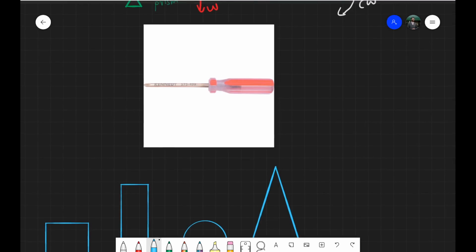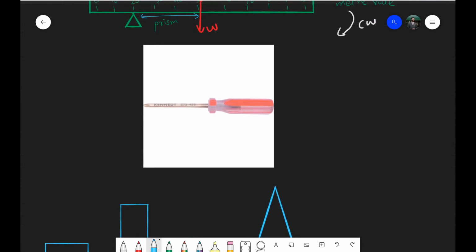Now, you might be asked to identify the center of gravity of different objects, and you would probably be given a situation like this. So let's say I have the screwdriver, and we all know that the screwdriver is not completely made out of the same material. The actual screwdriver, the one thing that opens the screw, is made out of a metal, and the place that you hold it from is made out of rubber or a plastic. So let's say I give you a screwdriver and I say, well,